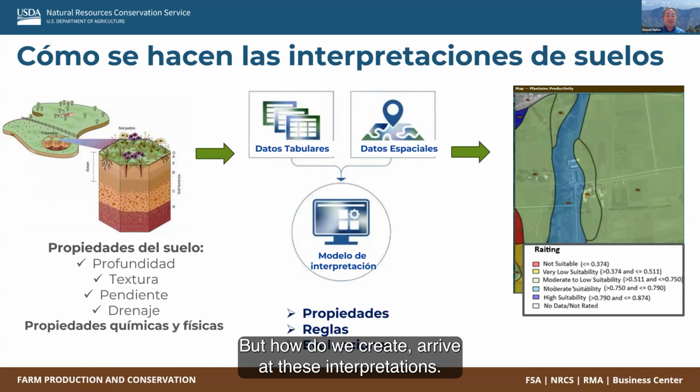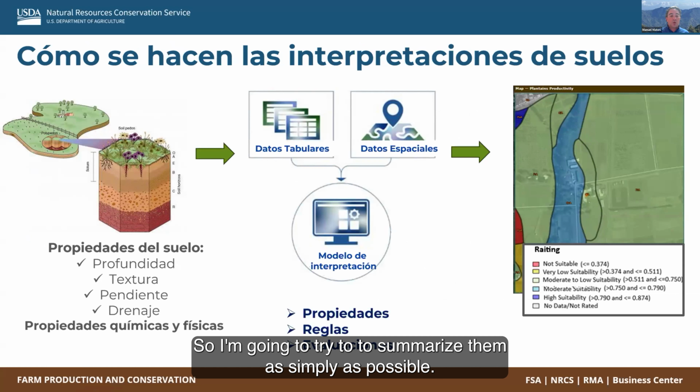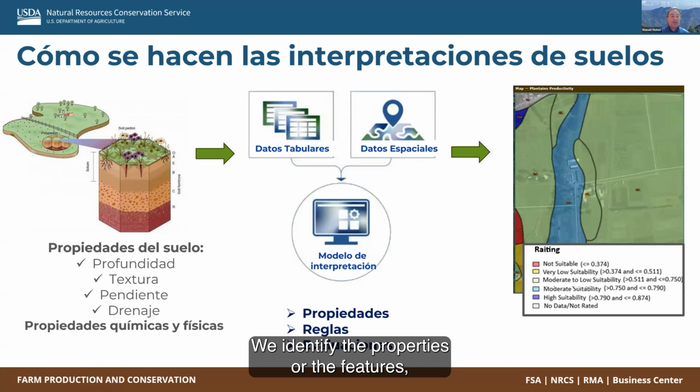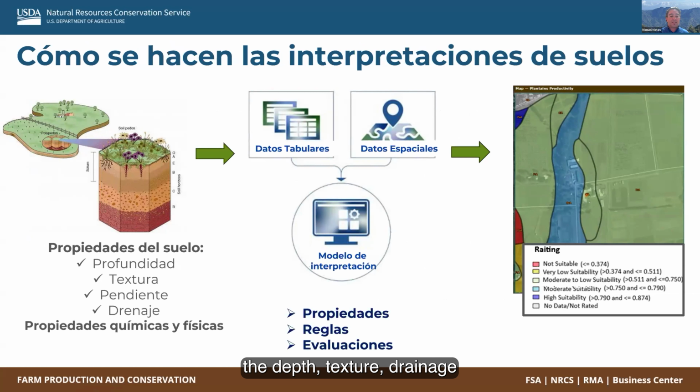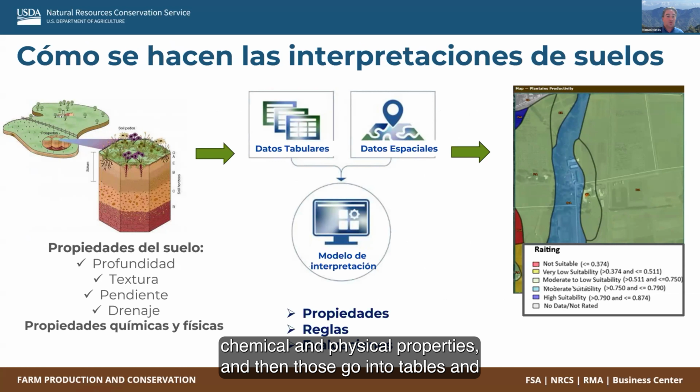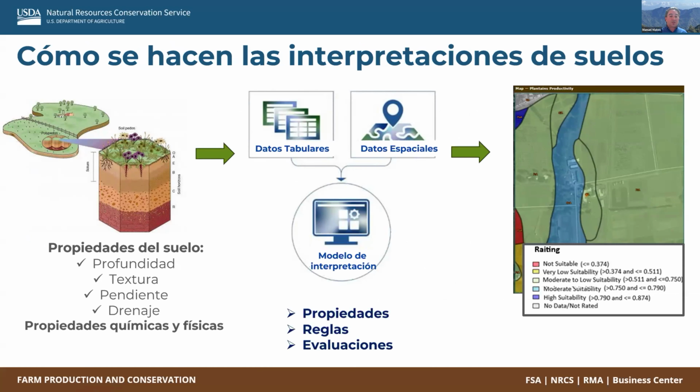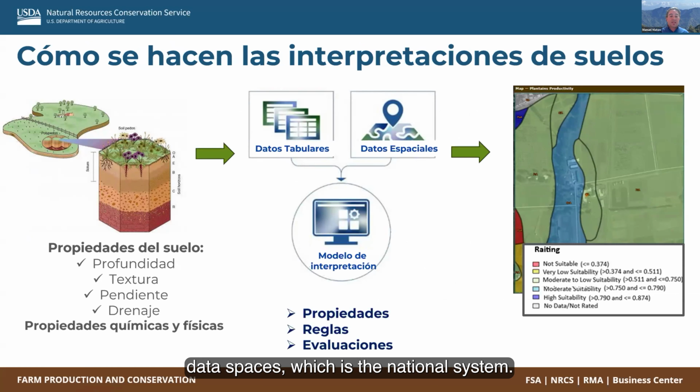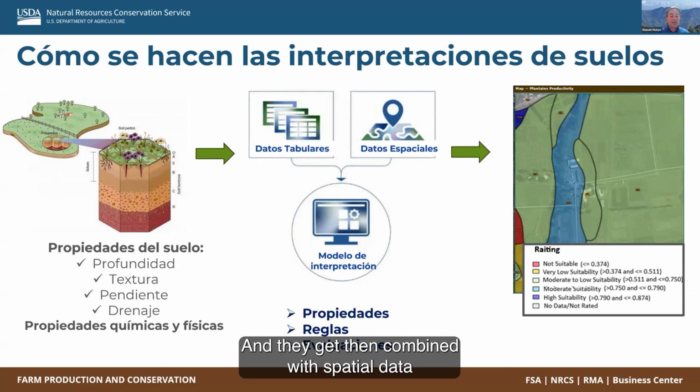Okay, but how do we arrive at these interpretations? So I'm going to try to summarize them as simply as possible. We identify the properties or features, like depth, texture, drainage, inclination, chemical and physical properties, and then those go into tables and data spaces, which is the national system, and they get combined with spatial data.